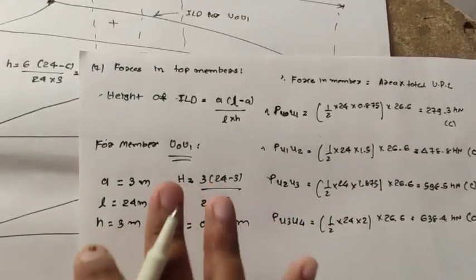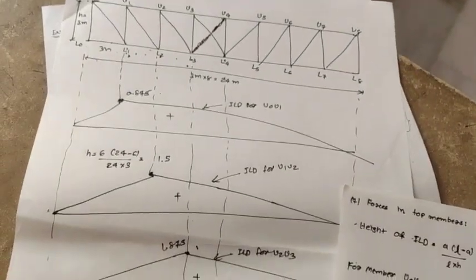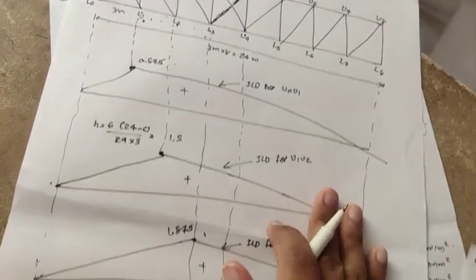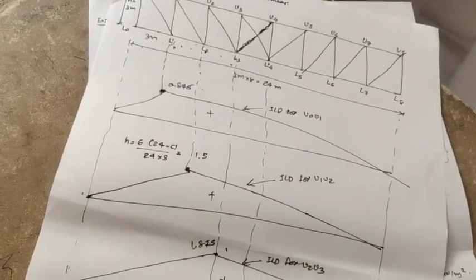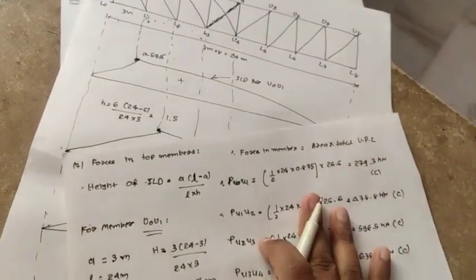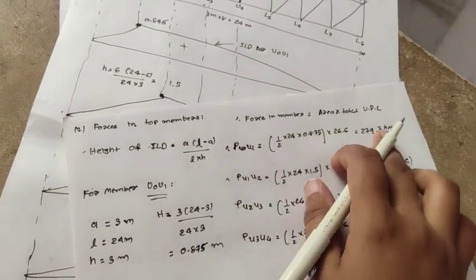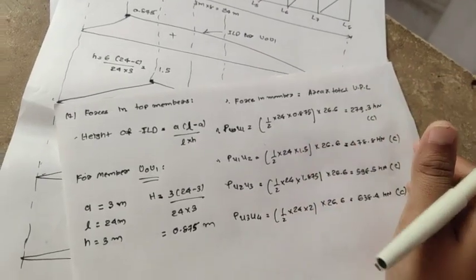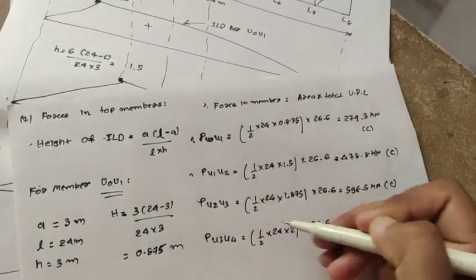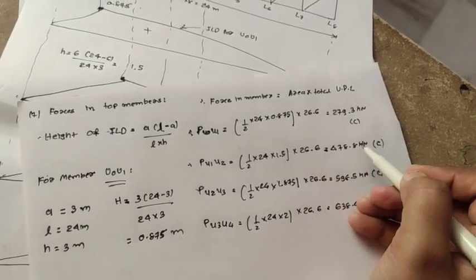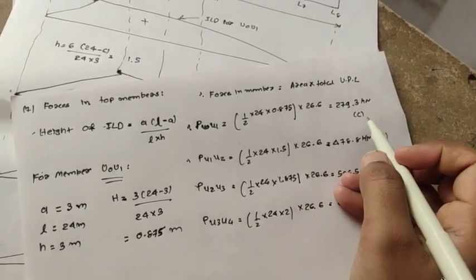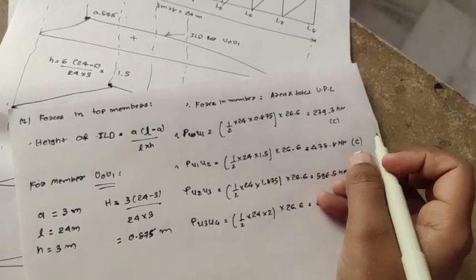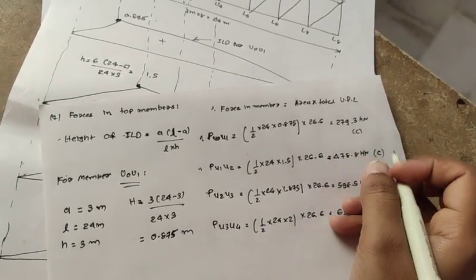So this is the force in the top members, as you can see in this figure, right? We draw this diagram; this is compulsory, right? Finding out the height of the ILD, and then our equation to find the force in a member is equal to area times total UDL. Total UDL is the total factored dead load plus live load found previously, right? So put all the values in these equations and find the answers. If the answer is positive, consider the section in compression, and if it's negative, the member is in tension, right?